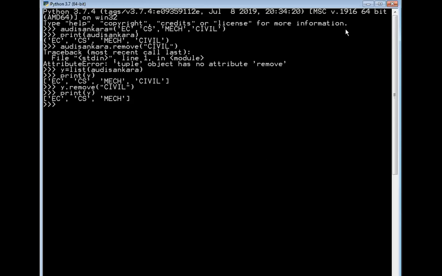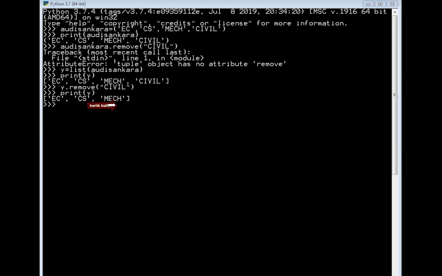You can clearly notice that civil was present before using the remove method, but after using it, the civil branch is completely removed from the list. You get only EC, computer science and mechanical.